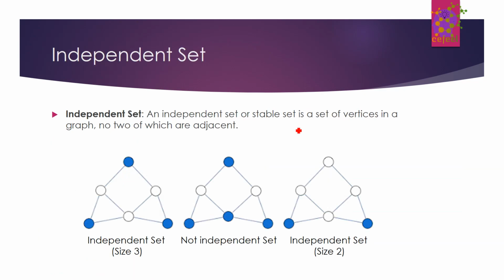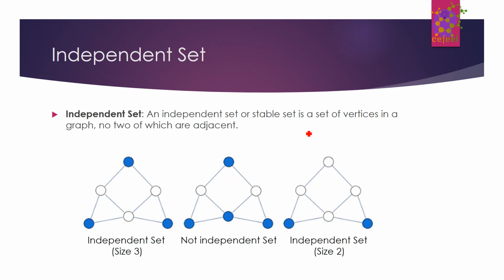Okay, similar to the concept of clique, or the anti-pattern of clique, we have the independent set. An independent set is a set of vertices, also called a stable set, where none of the vertices are connected, so there are no edges between themselves. In fact, if you remember the bipartite graph we saw, each of the sets in which the bipartite graph is divided is an independent set or a stable set.